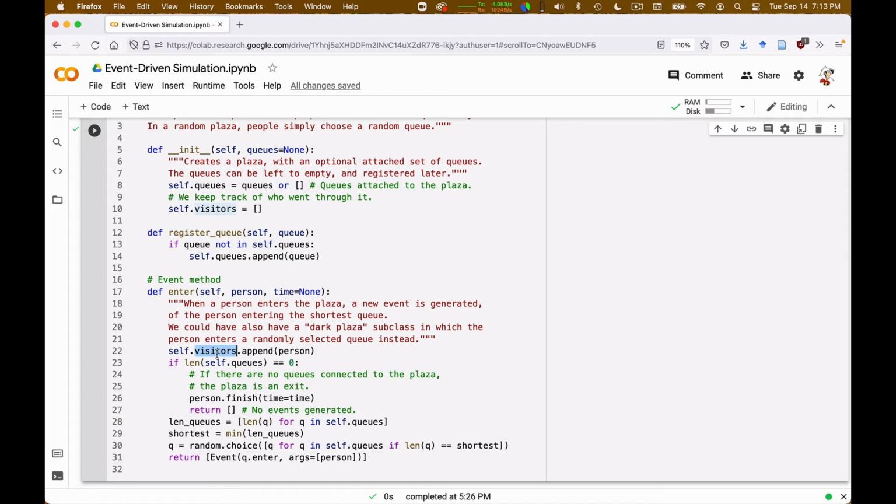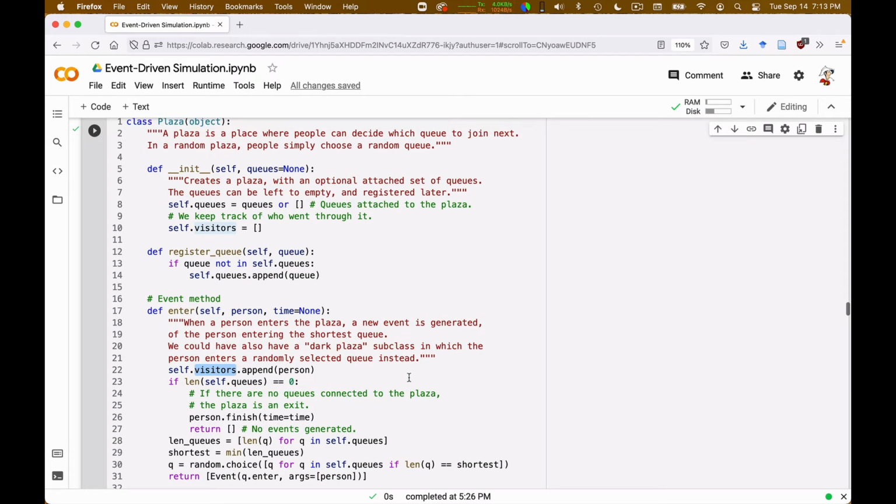This is useful, especially to be able to do graphics at the end. I want to know, hey, everybody that went through this particular place, how long did they take to do this and that, right? So this is simply done for visualization purposes, but I keep track of the visitors to a plaza. And then I look at the shortest queue and add the person to the shortest queue. Okay, I do a random choice just to break ties. So this is how a plaza works.